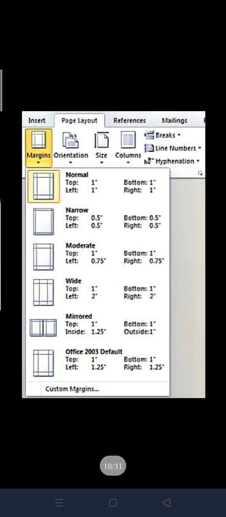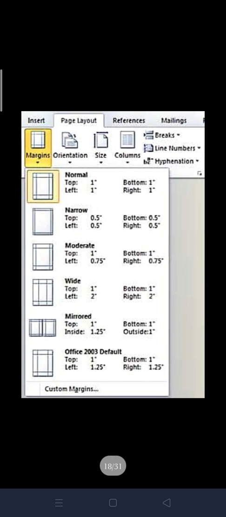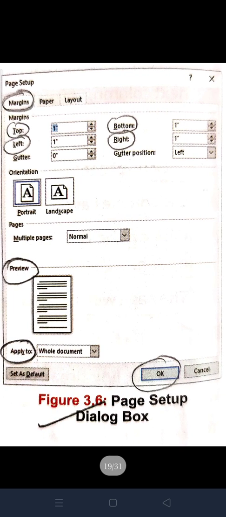you can also set the margin with the help of the Layout tab. You know, there are tabs, Home tab, Insert tab. Near that you have a Page Layout tab where there is a Margins command. You can click the Margins command, and the following list will open in front of you. By default Normal is selected for you. You can choose any margin of your choice, or you can choose custom margins, and you can set the margins. You can type how much margin you want on the left, right, top and bottom.